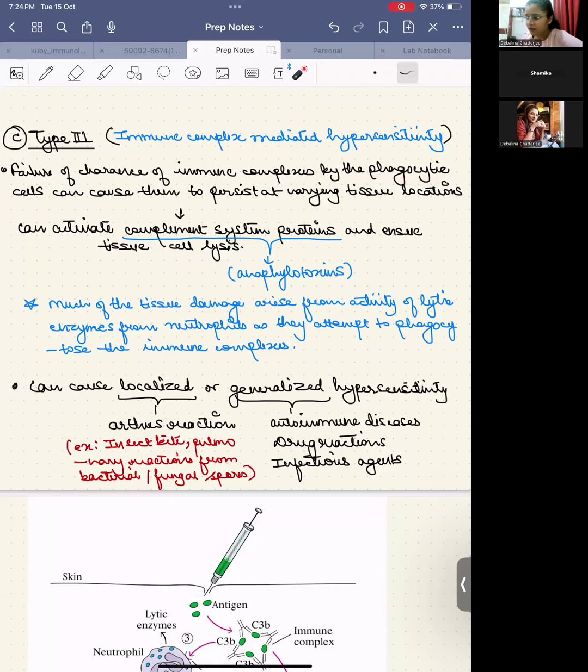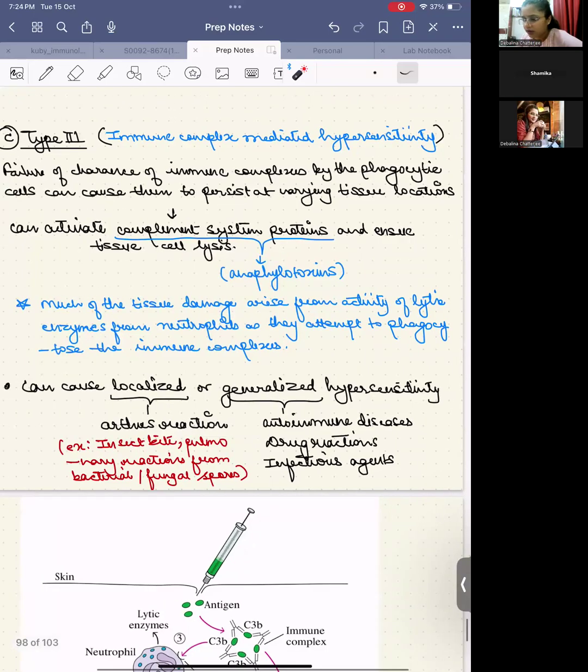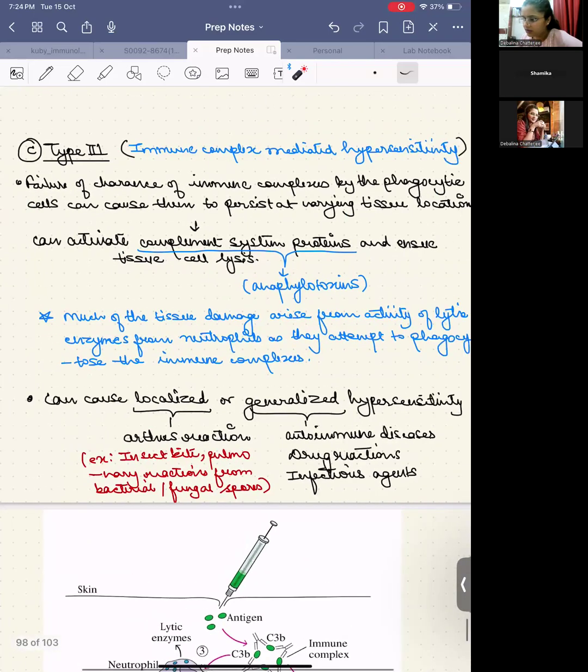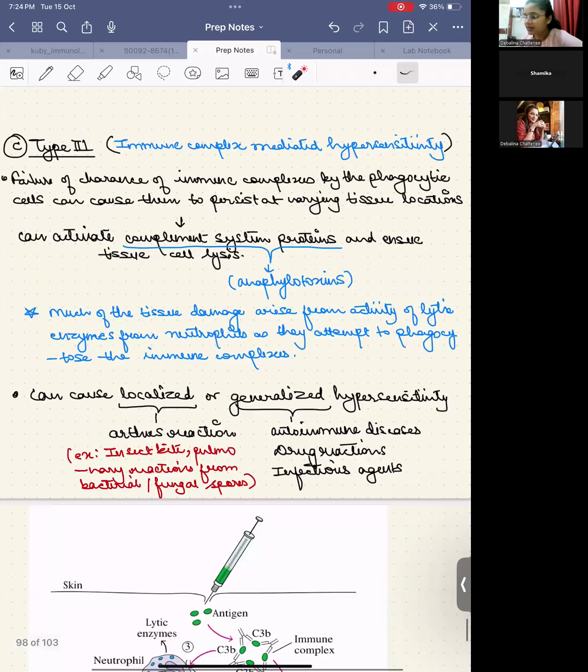The purpose is that these immune complexes bind to phagocytic cells and eventually get phagocytosed by those phagocytic cells and get cleared off. But if this system doesn't work,